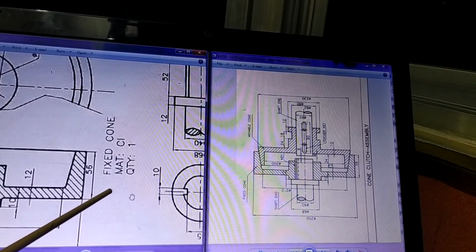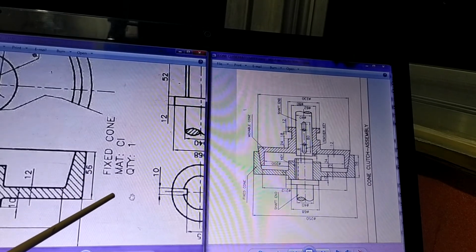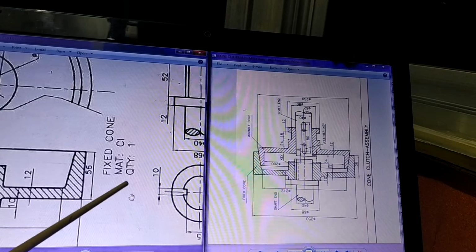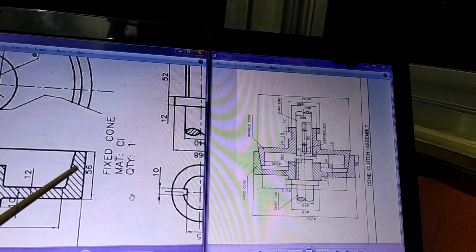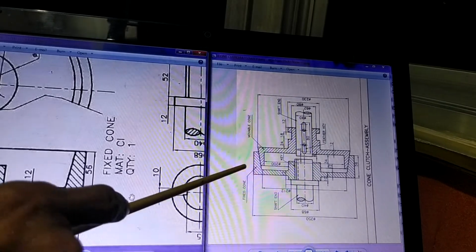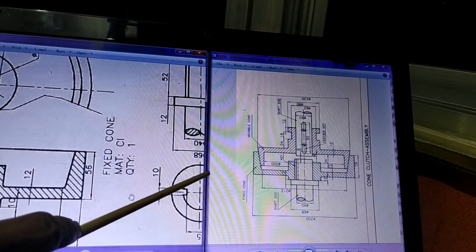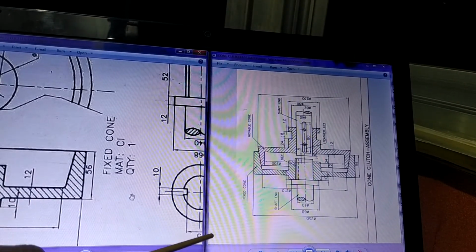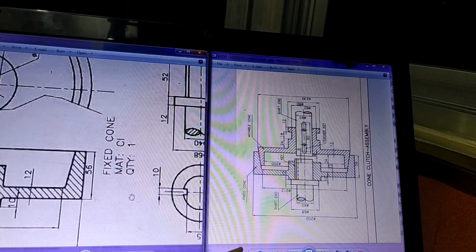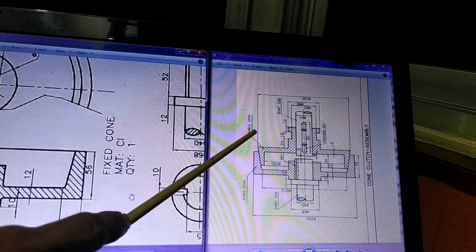That means part number, part name, material and quantity. These 4 things are associated with every part, and these things are to be written in tabular form. That means a table is made here, and in the table you write the part number, part name, material and quantity. So when somebody is trying to look at this part,